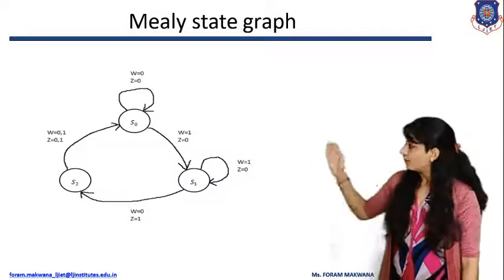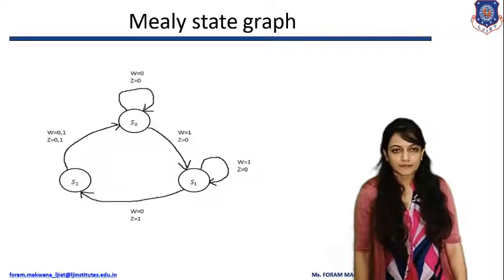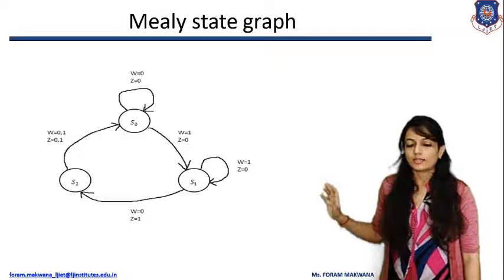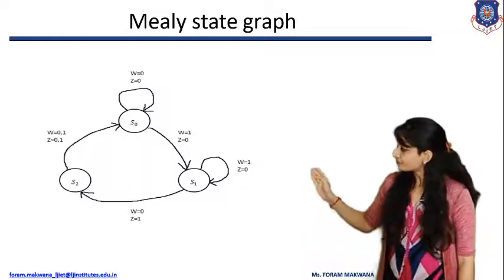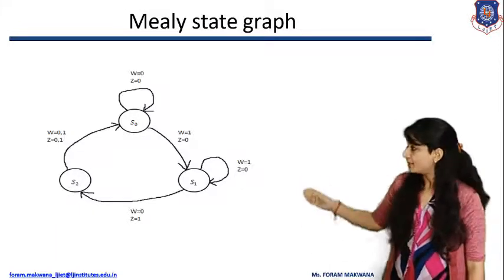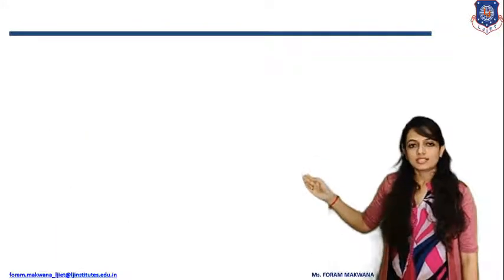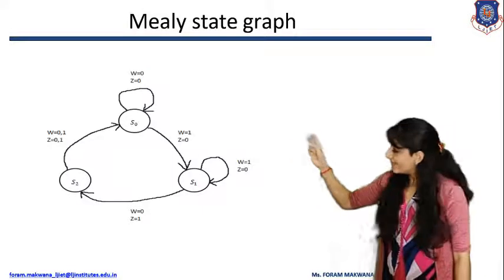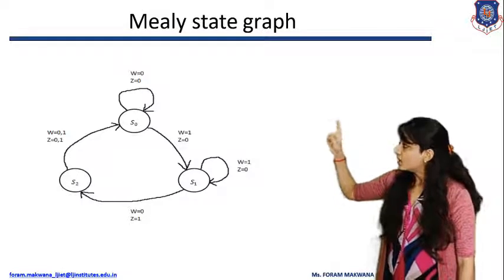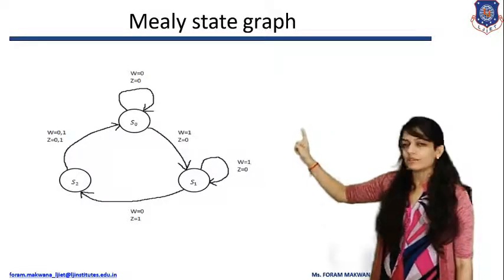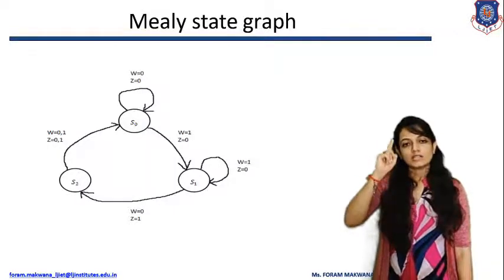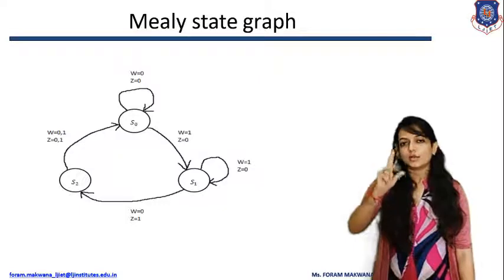Alright? Now, focusing on this state graph, or you can say state diagram, you can use either of these. Now, what does this state graph represent? You can see over here, it has 3 states, right? S0, S1, S2. Single input, that is W, is the input. It can have either 2 values, 1 or 0. Single output, it can either have value 0 or 1.